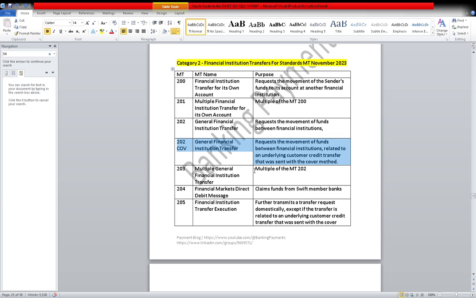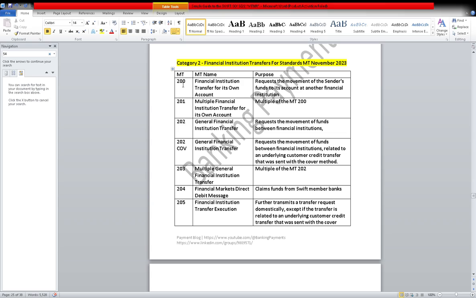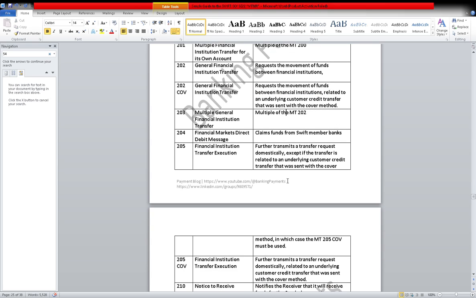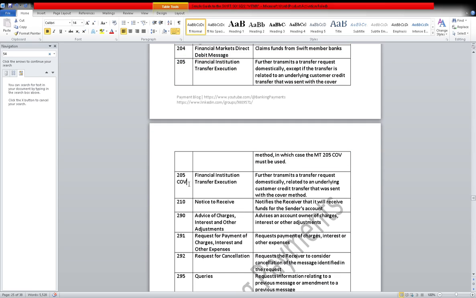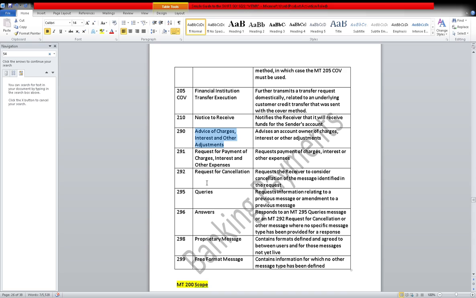So that's also here. And next one is MT203, multiple general financial institution transfer, multiple MT202. I don't want to take it further now. These things are very rare for us to use. If you understand these four messages, this is enough for now. Even being honest with you, I haven't touched any messages till now, not even this one, and I have not worked on any messages like MT103.